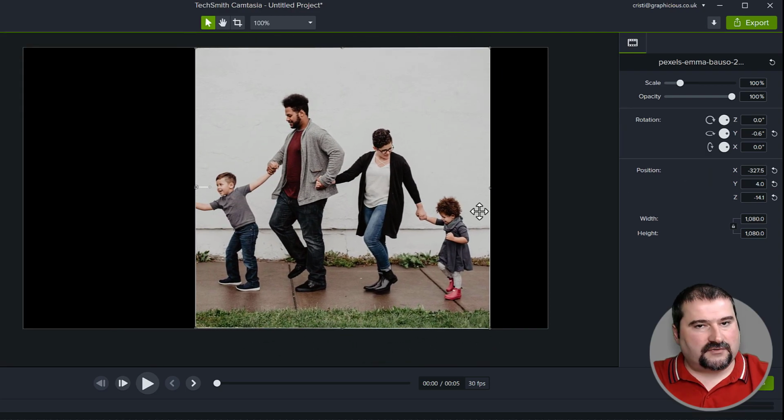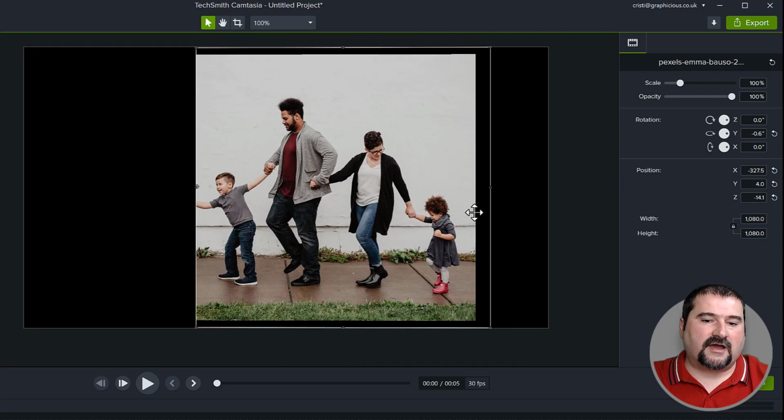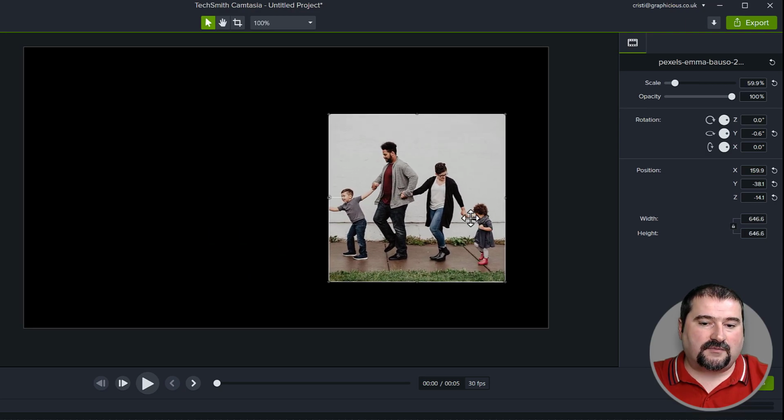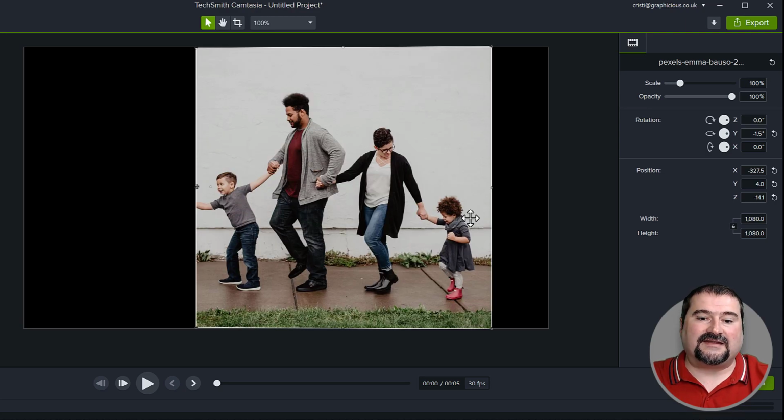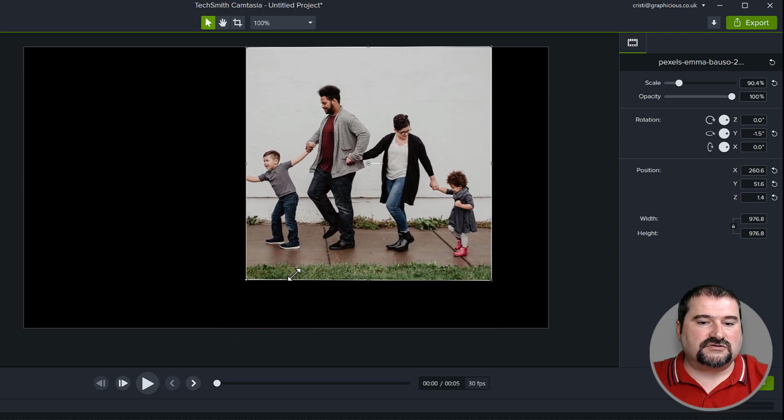Now, in previous versions, it was possible to actually make a copy of this. Let's suppose that I didn't move the center of rotation. You would have to have used these.